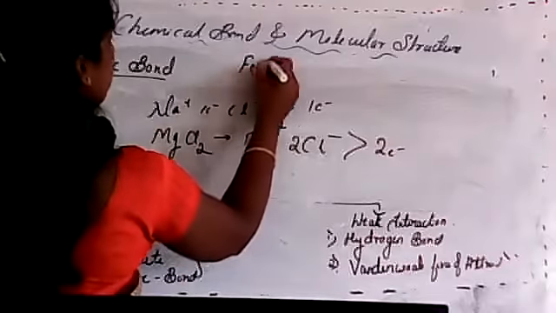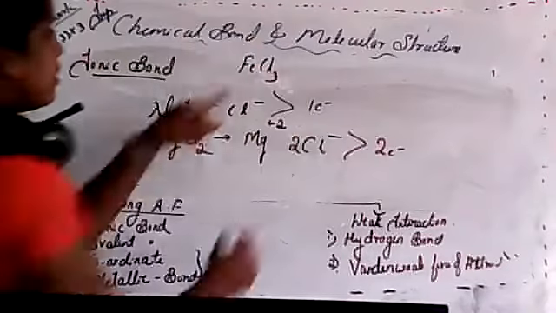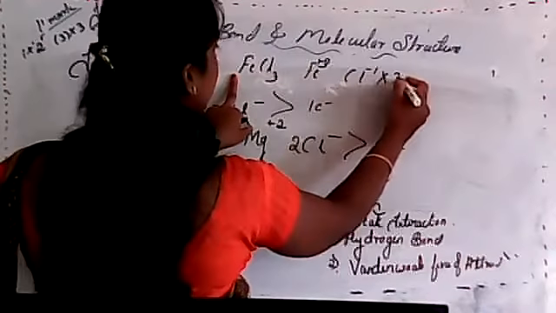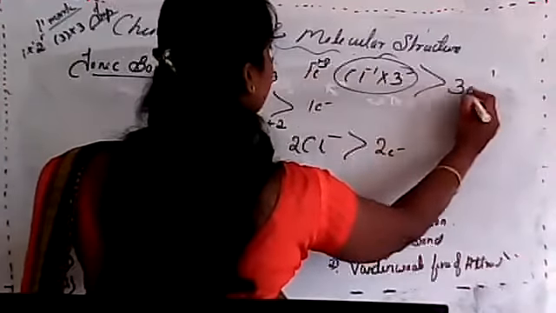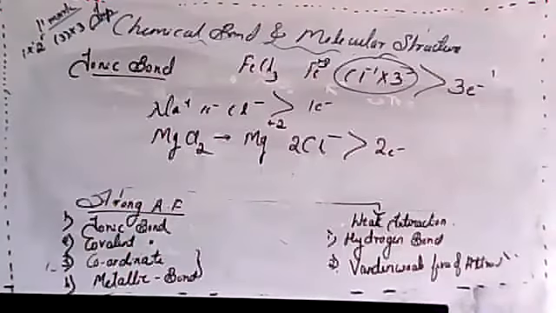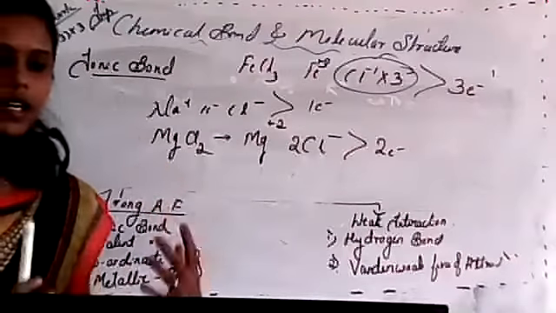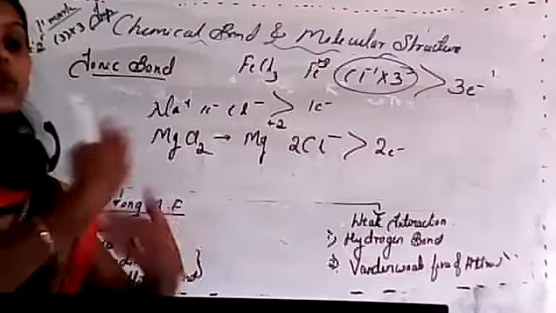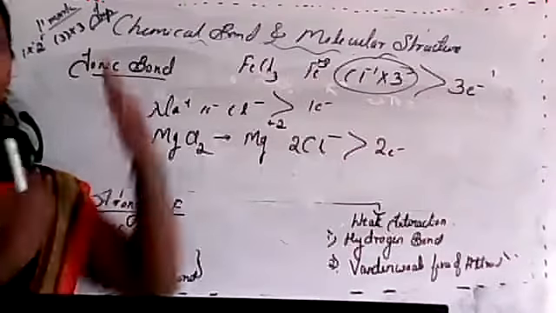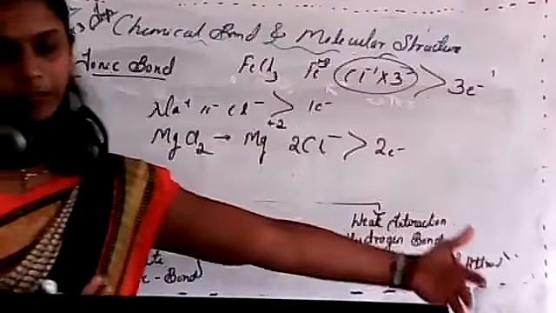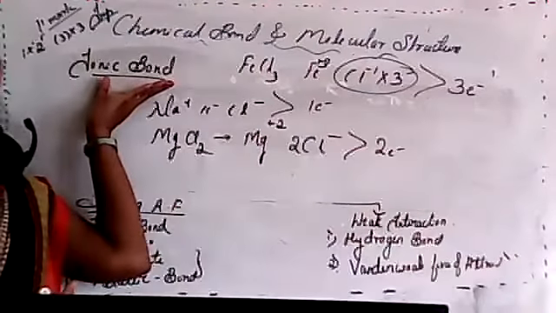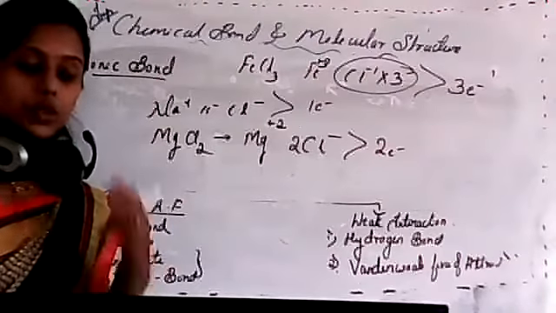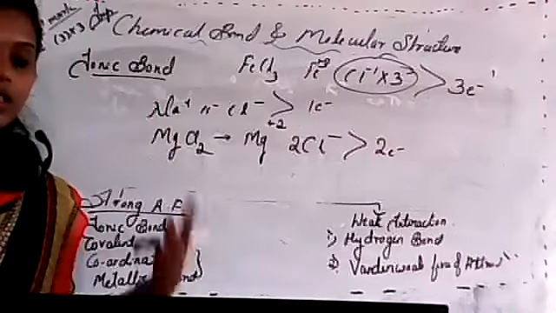If I consider FeCl3, Fe is in the form of +3 and Cl is in the form of -1, so total transfer of electrons is 3. Is this clear? So atoms combine together when one or more electrons are transferred from one atom to another atom. In that case only the attraction force is built, that is known as ionic bond. What do you mean by ionic bond? Don't write it as a bond between positive and negative ions.